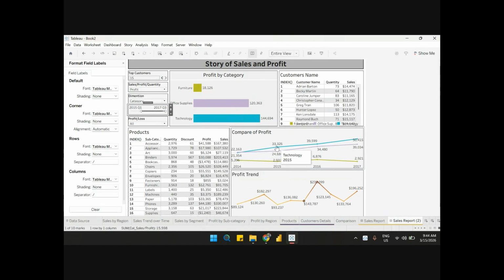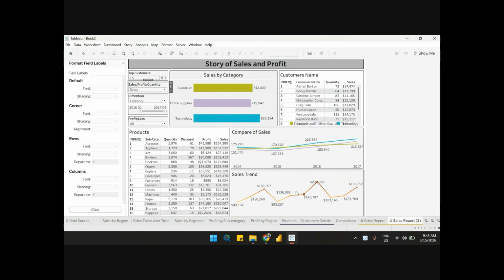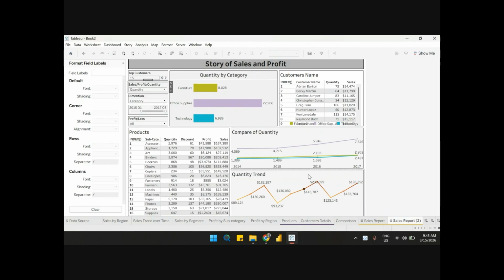Cool. And there is the category comparison. So here profit trend you added, but you added now profit. Okay. Now if I choose sales, then there is the sales trend. Got it. This is above. See, above, compare of, you added a quantity and hmm,